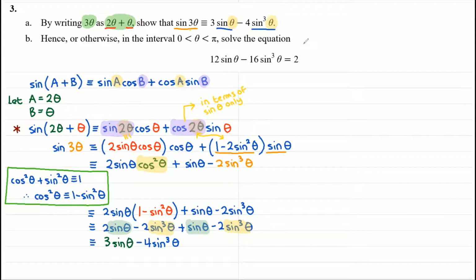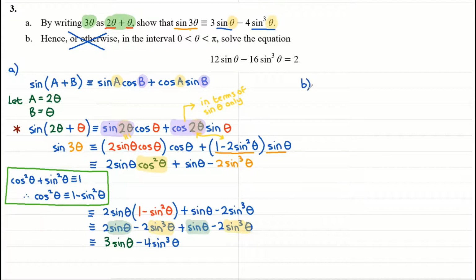And for part B, it says hence or otherwise. Now, I've taken this from an exam context. If you see hence or otherwise, remember what to do. Cross out the or otherwise bit. Okay, please always use what you've just found or what you're asked to show. And if you didn't successfully show it, use it anyway to gain some marks. So for part B,